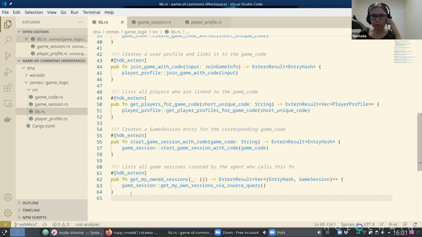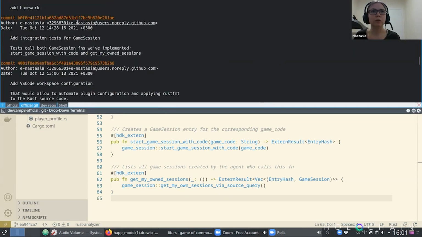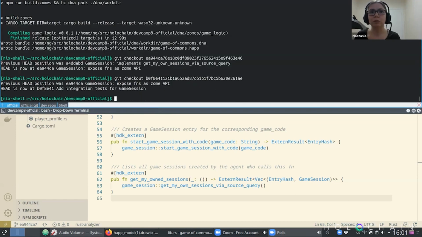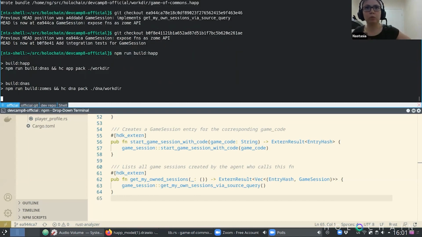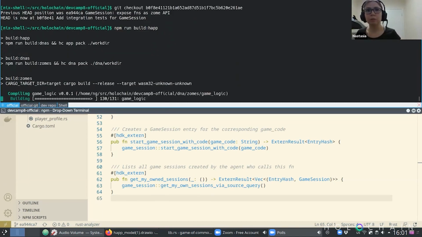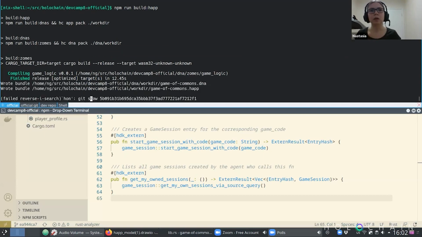So now I have exposed these functions through the Zome API, and now a user interface and integration tests can actually call them. And so to verify it, let me go to the next commit where I have written the integration tests and try to run them and see how it goes. So first, after the tests are written, I would need to rebuild the application because I don't think I did. Yeah, I didn't build it when I exposed functions through the API, so new changes are not applied. So now we need to wait while it's building, and now,